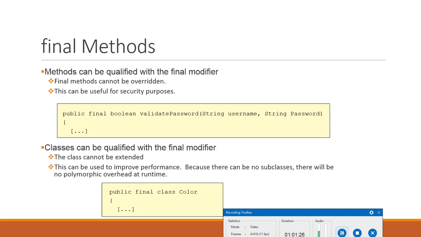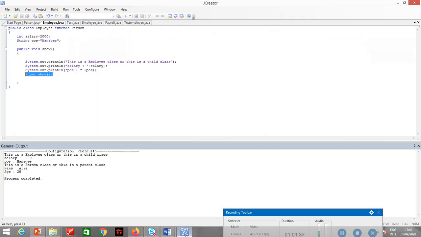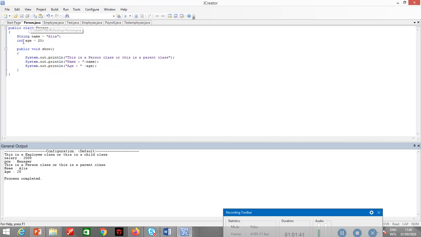So I will show you the use of the final keyword now. Alright, so going here. First use is with the variable.